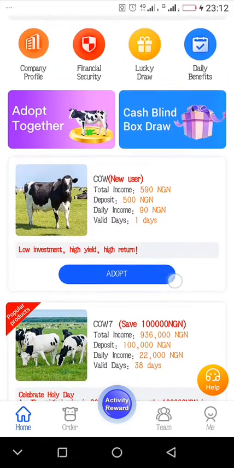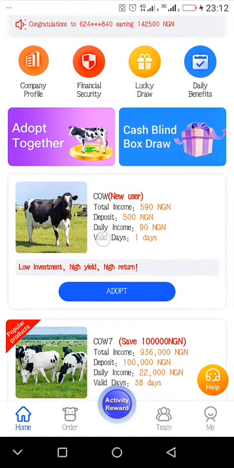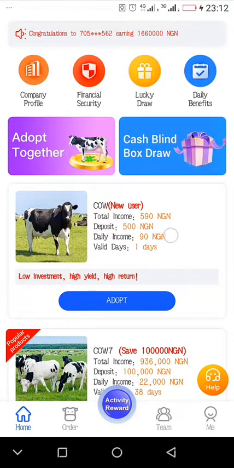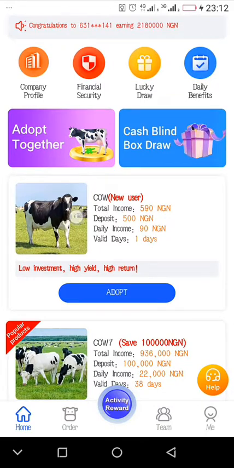Like this first cow here is for new users, and the total income is 590, valid for 1 day. As you can see, it's 1 day valid, the daily income is 90 naira, and the deposit is 500. So the total income is